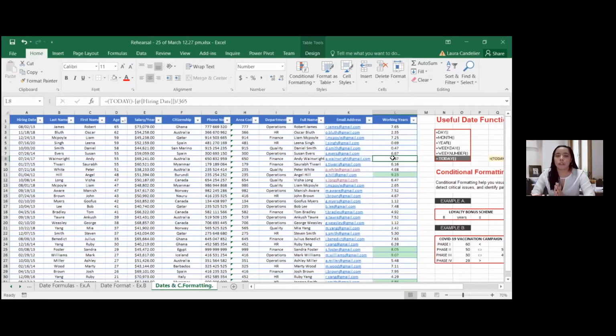So now moving on to the second example for conditional formatting, we are going to use the age of our employees. We know what we are going through right now with these vaccination campaigns all over the world with the pandemic. So we want to send a reminder to our employees based on their age range to prioritize the ones that are more vulnerable to get the vaccination as soon as possible to protect themselves and the people around them. So here we have